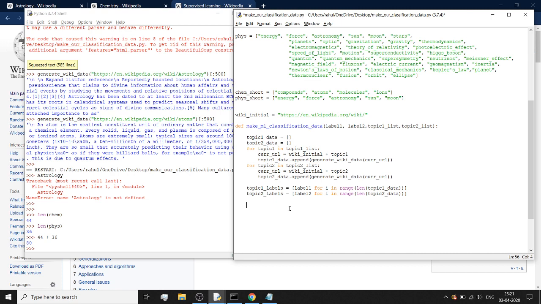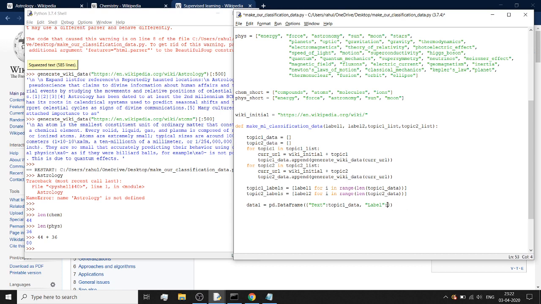Okay, let's see how we can accomplish the task from here only. So what we can instead do is data1 is equal to pd.DataFrame, and in this data frame we are going to pass a dictionary. We will say the text that we have, topic 1 data, whatever list we have scraped, and next we will say label, the corresponding label, topic 1